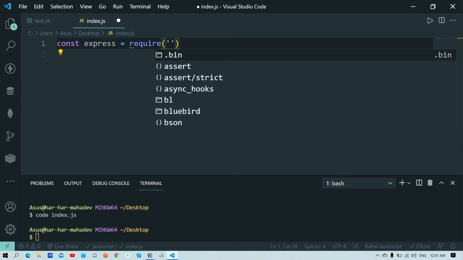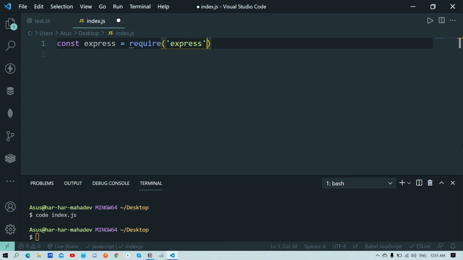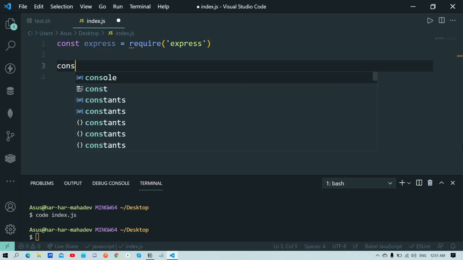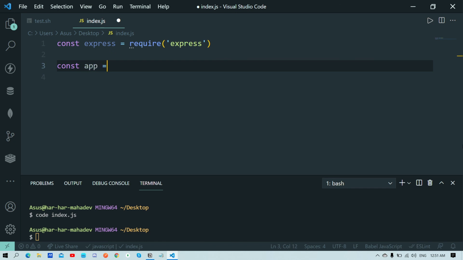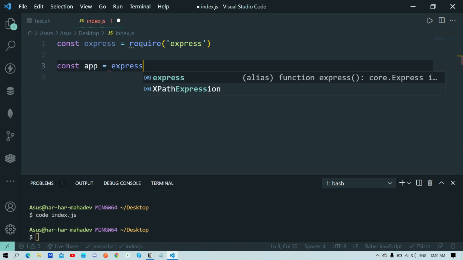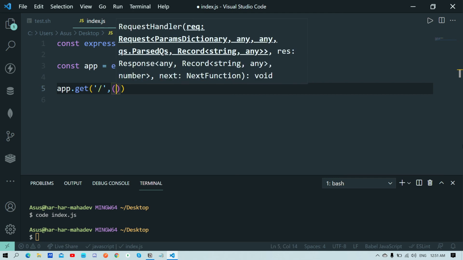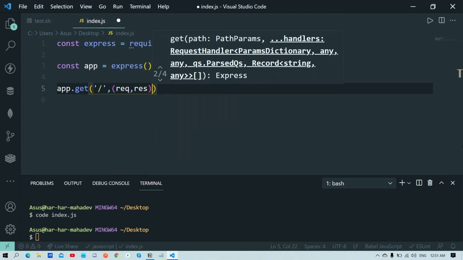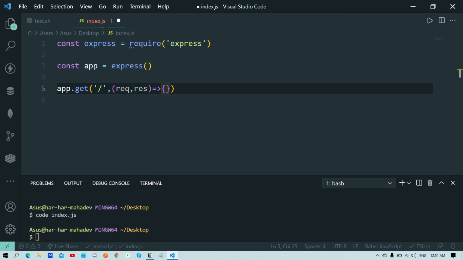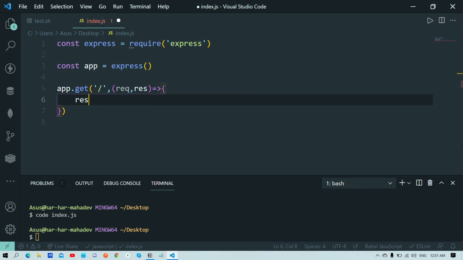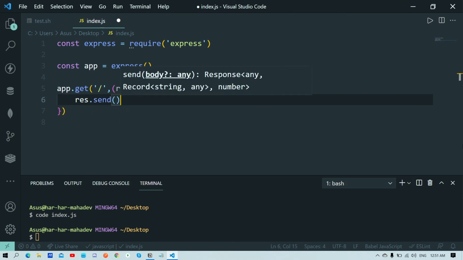I'm just making this to tell you how I can use express, okay. And app dot get something, req comma res, and I'll simply return something like res dot send hello world, okay.